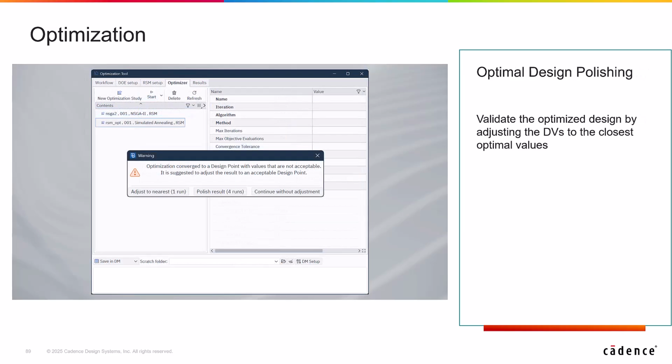Optimization cases with discrete design variables can result in optimized DV values that fall between allowed options. The previous approach adjusted each value to its nearest acceptable discrete level, which risked overlooking better performing valid designs. The polishing process instead evaluates all combinations of the nearest acceptable discrete values for each such variable, resulting in 2 to the power of n candidate designs for n discrete variables.